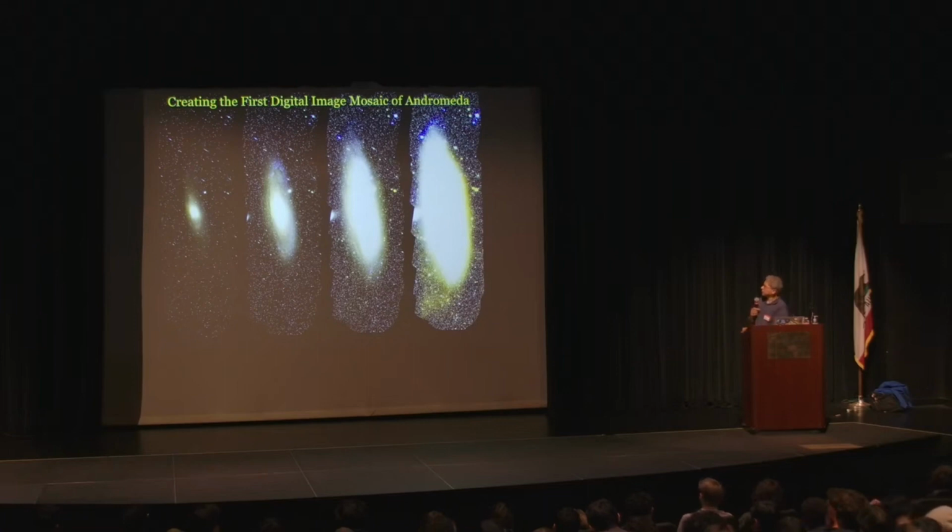There we go. Okay, this galaxy over here is something I was studying 3 weeks ago. I was in Hawaii for 2 weeks. We were studying, and I'll show you some details of that. Okay, so this is a digital mosaic. It was the first digital mosaic at that time of Andromeda. It was put together by 2 of my students, Andreas Berlind and Phil Choi.